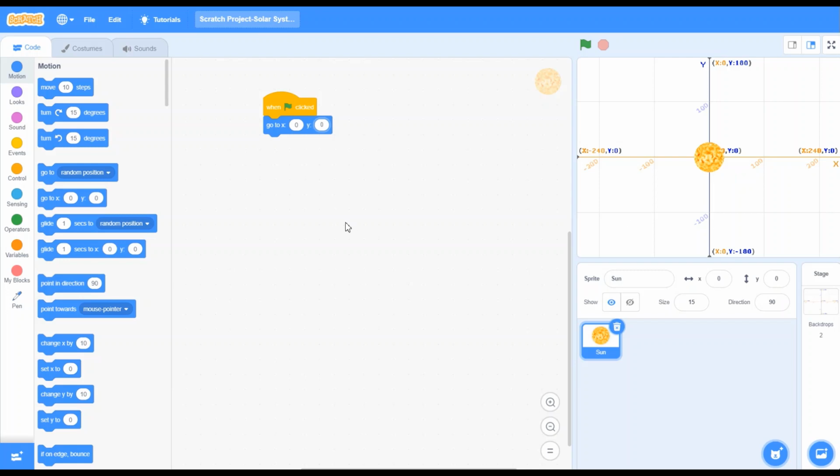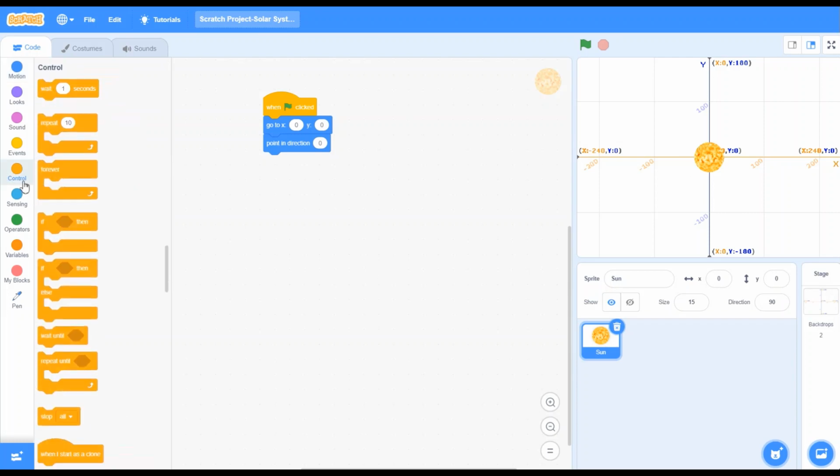Okay, now friends, if you want you can change which direction you want, but I will change the direction to 0. Okay, now friends, I want the sun to turn in its position. Okay, for that I will go to the controls. I will bring forever loop, then I will pick up wait 1 second, actually I will change it to 0.2 seconds.